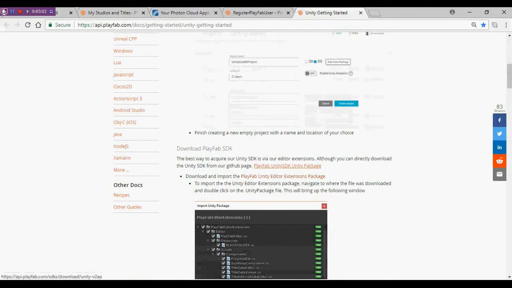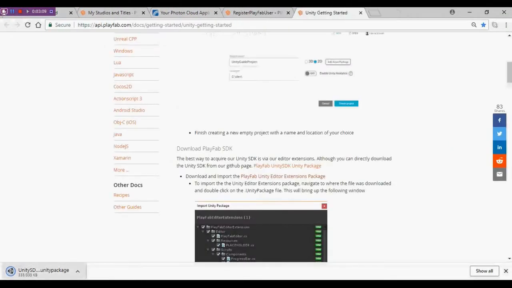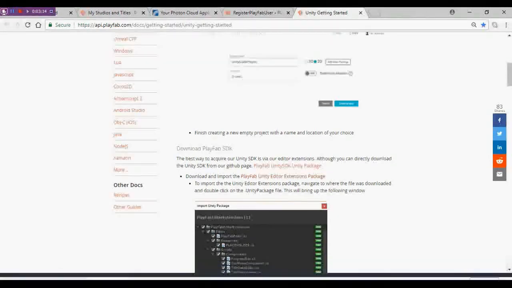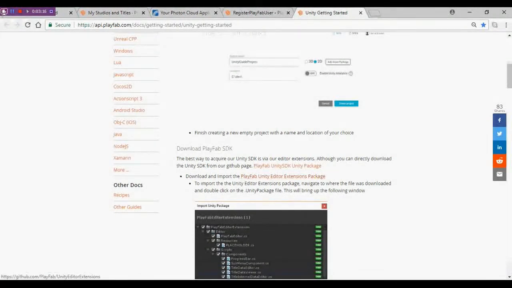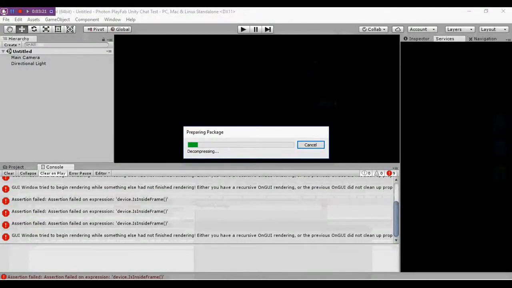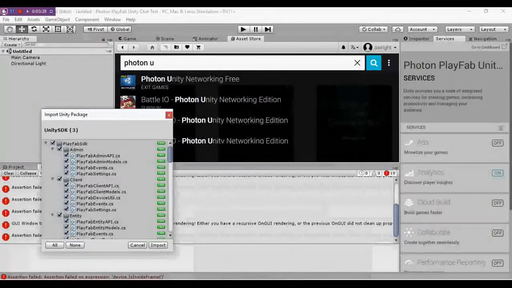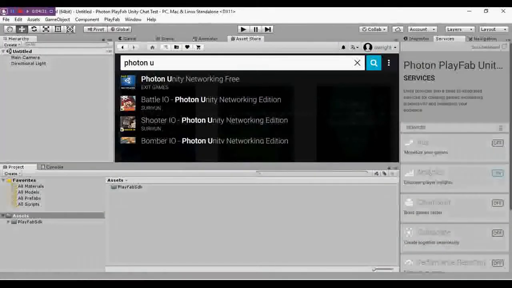With Unity open, just like this, when you click the package, you'll get the Unity package here. When you tell it to open, it will immediately bring the project resources into Unity. This may take a minute or two, but it will download and decompress all the assets. You'll want to tell it import. Once the PlayFab SDK is finished downloading,